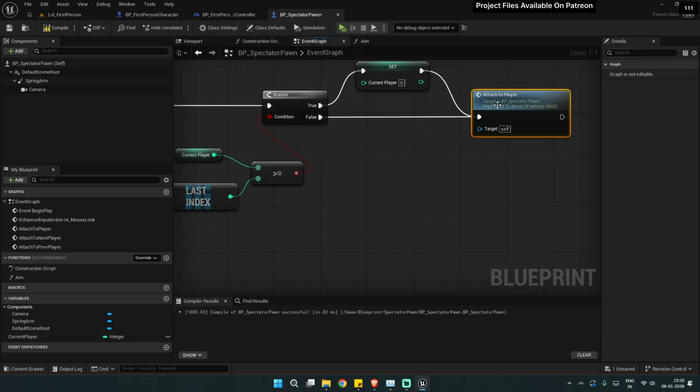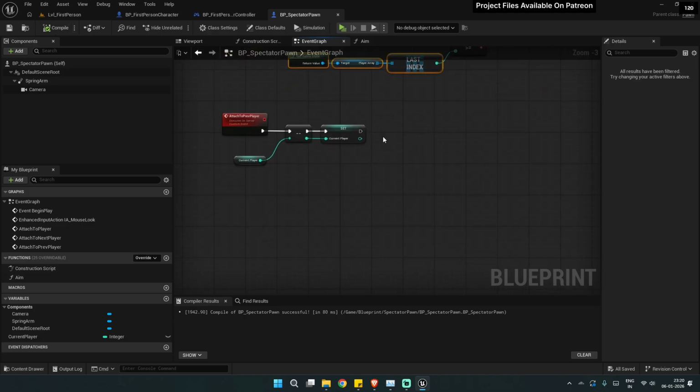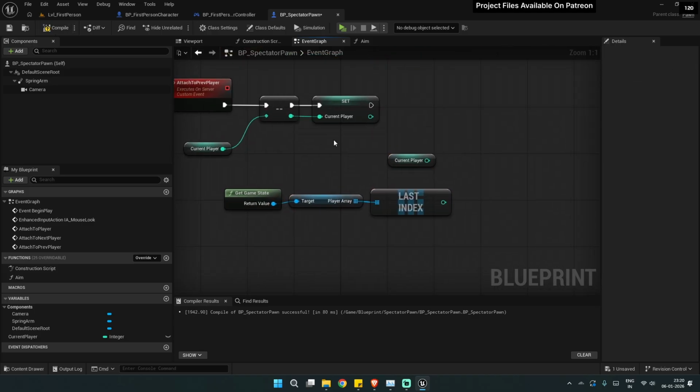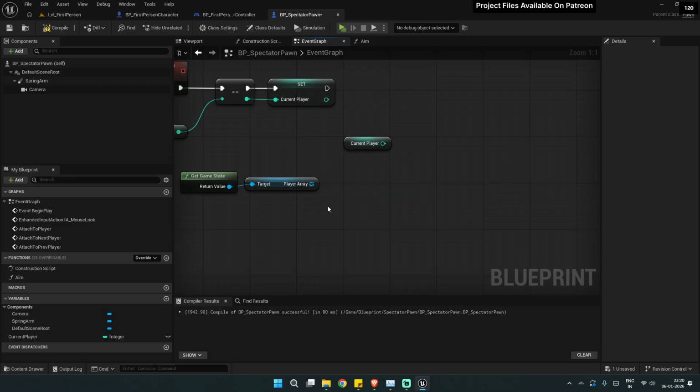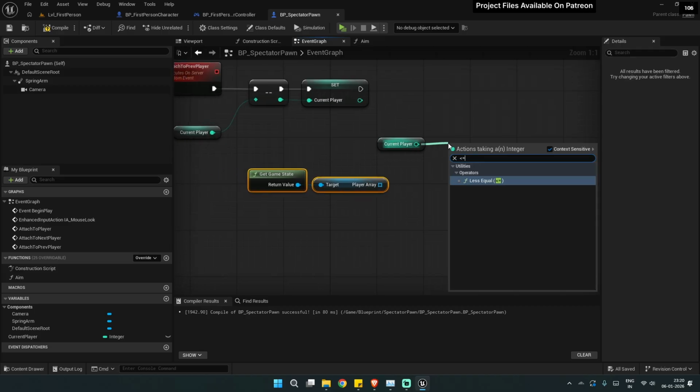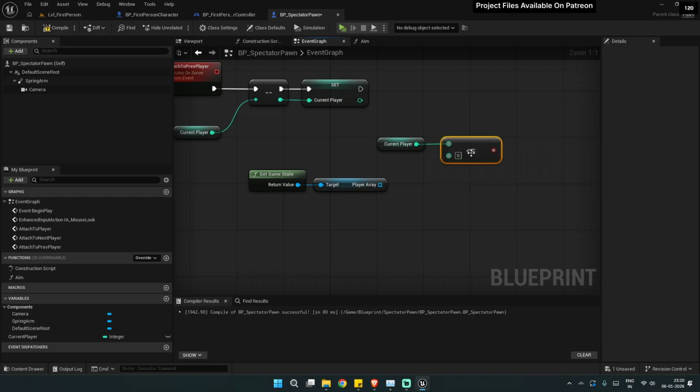attach to player. Okay, now let's copy this much again around here, and this is minus minus, right? So we don't want it to go below 0, so we'll not take the last index. Obviously we'll check if this gets less than 0, not equal to, just less than. Okay, because our player can be 0, but if it gets less than 0, which is -1, -2 and all that